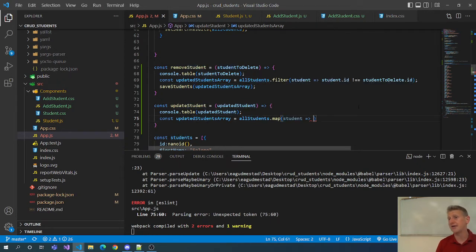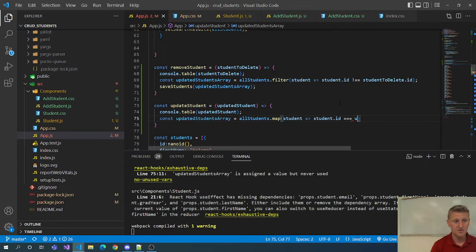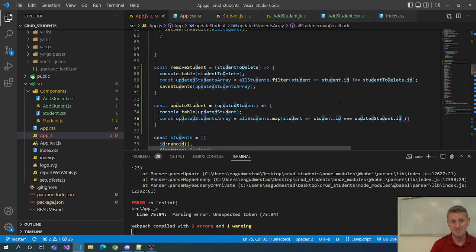We're going to do a ternary operator. Remember, ternary is just kind of like a fancy if-else. So if this individual student's ID equals the updated student's ID, that's our if statement. If the two IDs match, because this is looping all of our students, one student at a time, it's going to have a different student ID. If it's true,